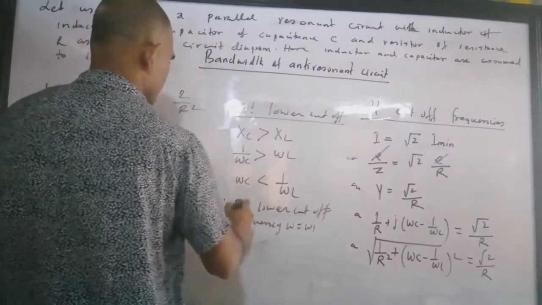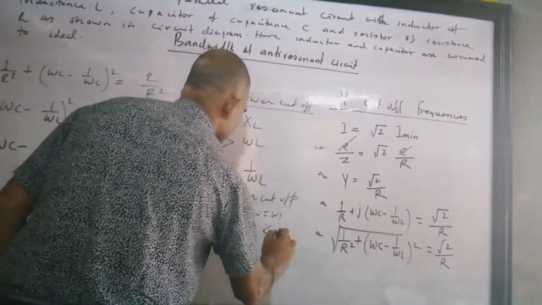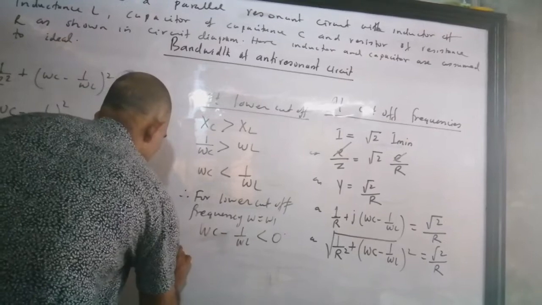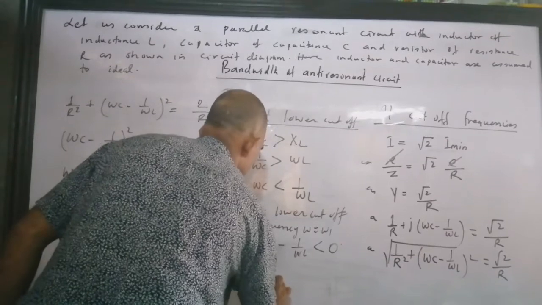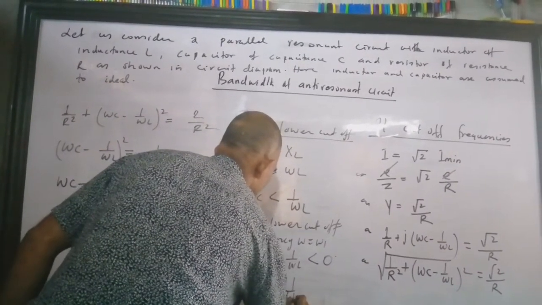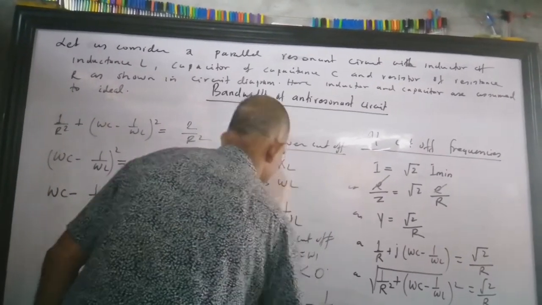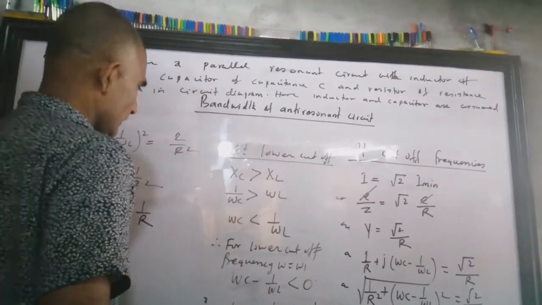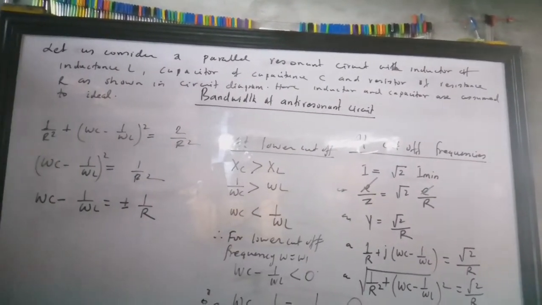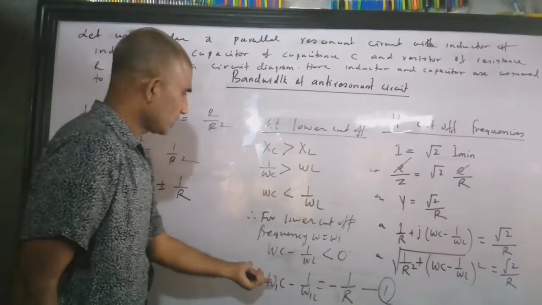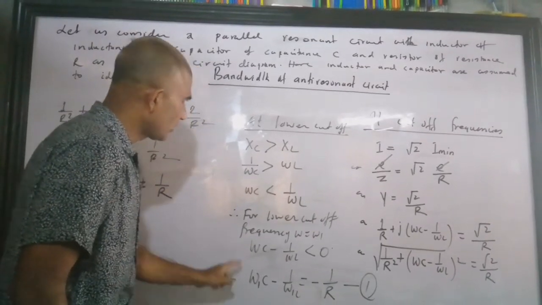What do we have to choose? Omega C minus 1 by omega L is less than 0. Therefore, what must we write? Omega 1 C minus 1 by omega 1 L equals, we have to take the minus sign here. Understood? You can think yourself to get this result, and this is one of my equations, because I got this for the lower cutoff, and this situation happens only for the lower cutoff.